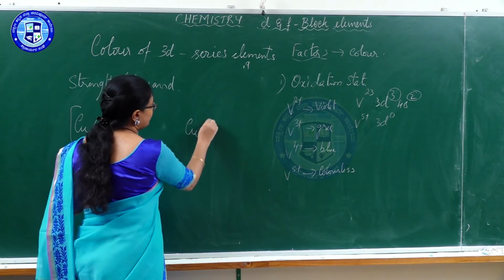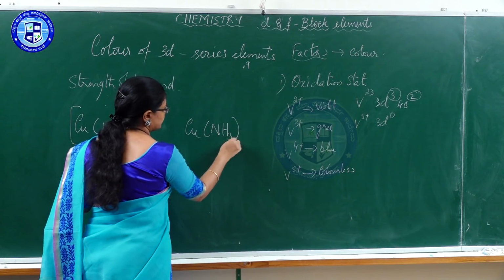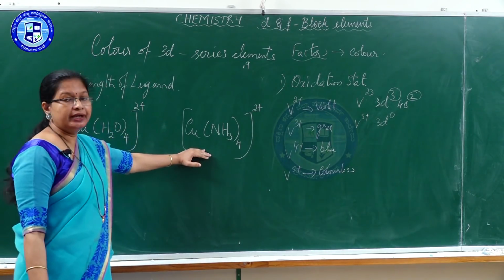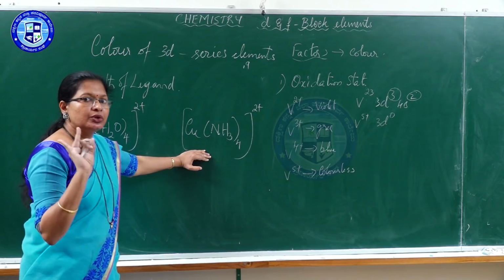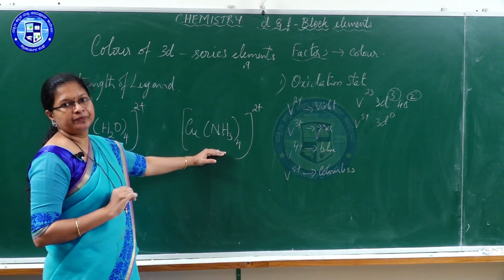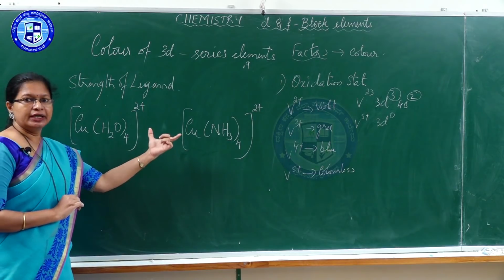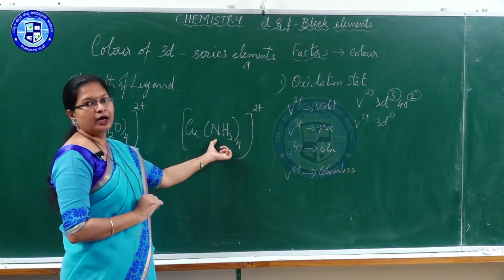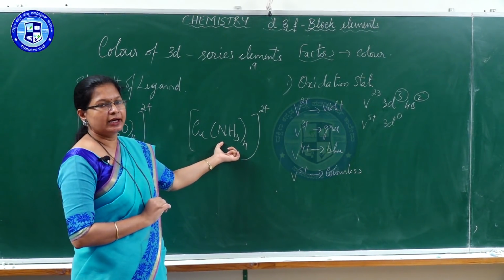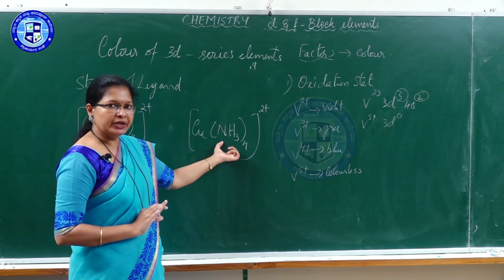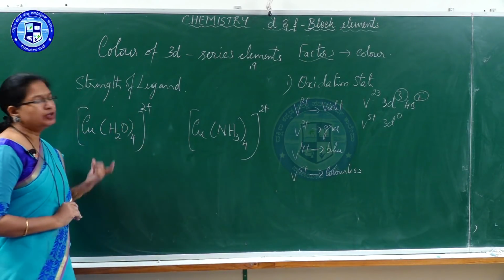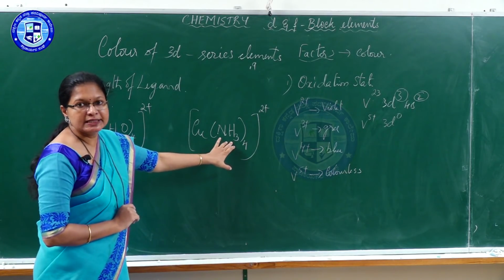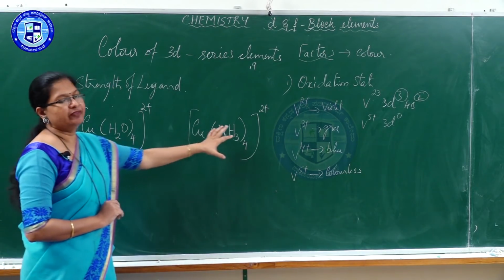Or another example, copper with ammonia, NH3. This is a complex of copper in ammonia. How is this obtained? Copper sulfate is dipped in ammonia. There are 2 solvents, water and ammonia. Once copper forms such a coordination compound, these are called ligands. Here water is the ligand, here ammonia. Ammonia now is called amine. Amine is the ligand. All these things you are going to learn in your coordination compound chapter. Okay? I just want to give this example. Copper present in water, copper present in ammonia as a solvent. This is copper sulfate put into water, copper sulfate put into ammonia.